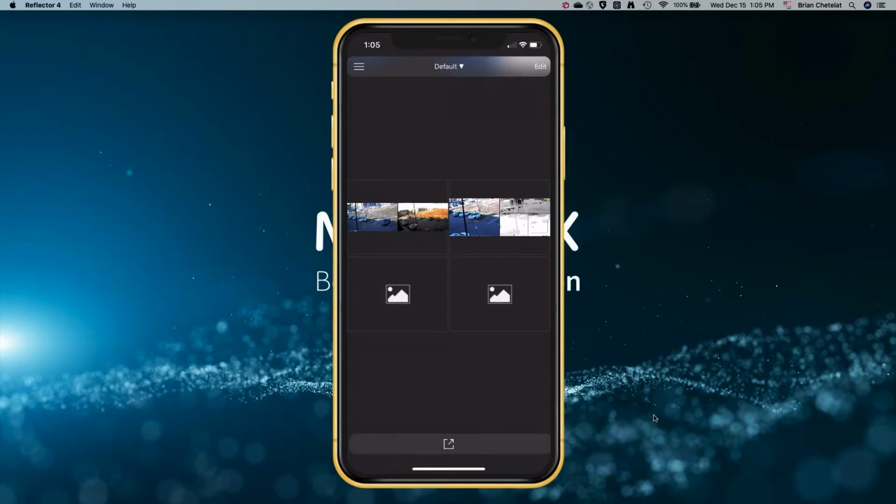When you open the app, and I'll show you this in a little bit, you can set up the app to open into a single camera view. Maybe you've got a camera that you want displayed as soon as you open the app, or maybe you want a grid, or maybe one of 4 grids that you have set up. You can pick your startup view within the settings, and you'll see that in a little bit. But this is what I've chosen.